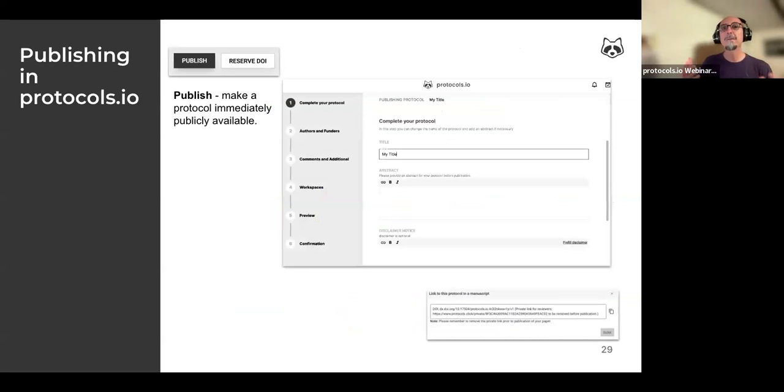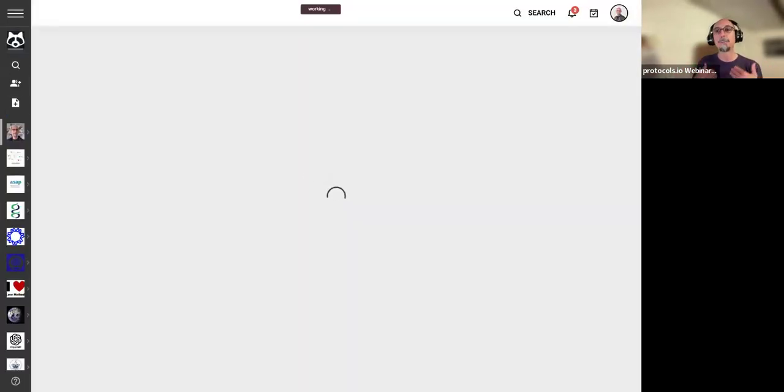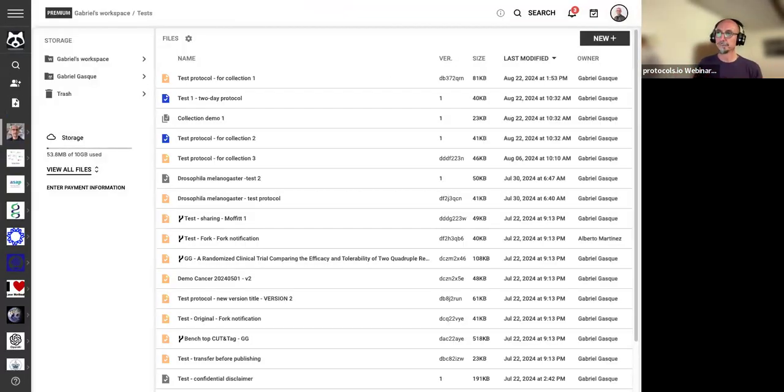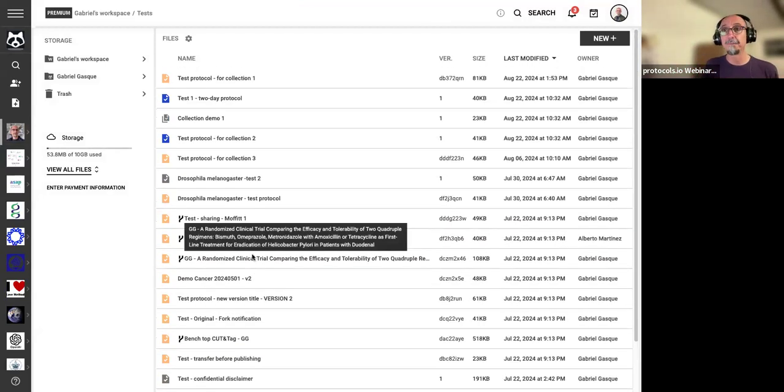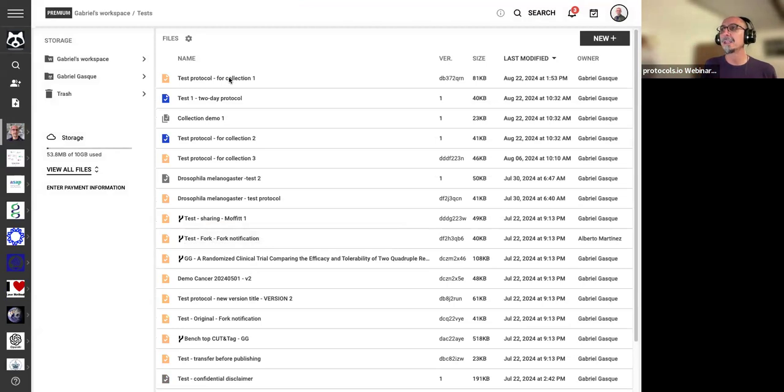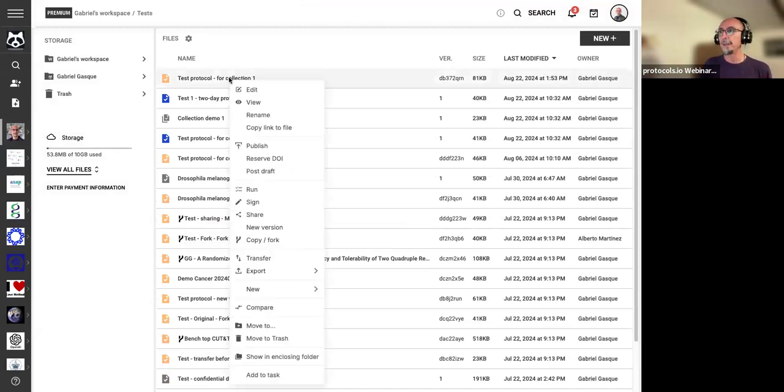And before we move on to the next section, I would like to show you how easy it is to publish a protocol in protocols.io. So I'm going to be opening my own personal account. As you can see, I have many files and folders stored. I can choose any protocol to be published.